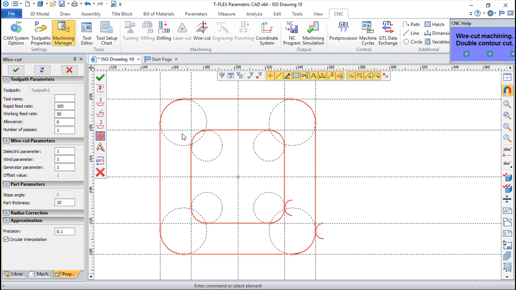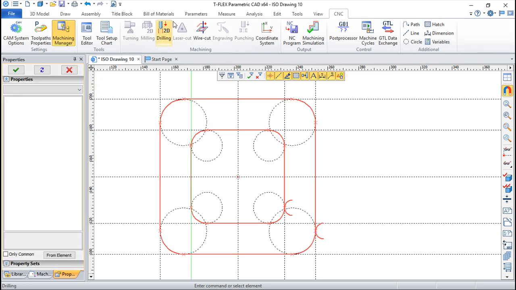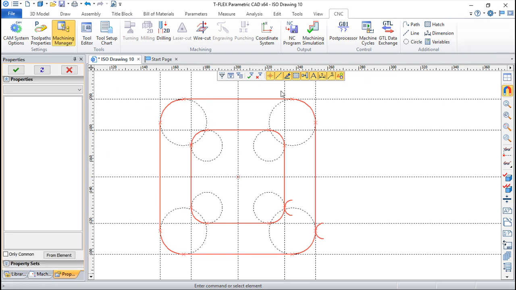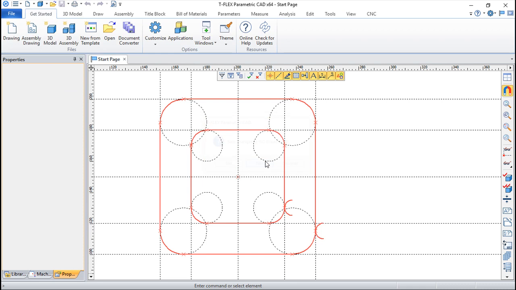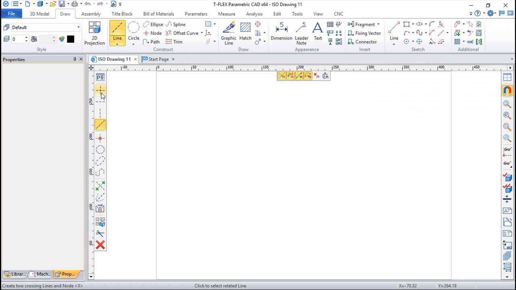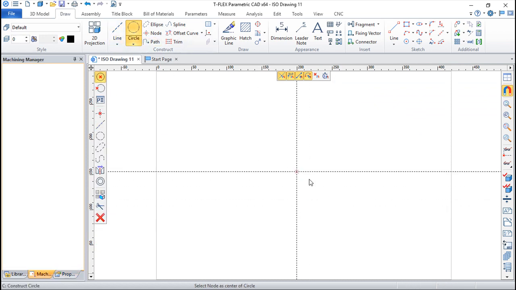Then we have also another type of program that is called the spiral cut, that personally I'm not a big fan of, but I must say that it's another mode. Okay, we have it here, so we must consider it. Let us create another geometry, simply a circle,